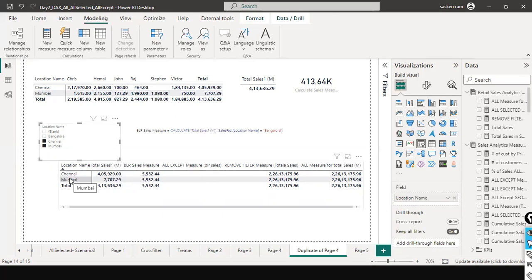See here what happened. In this case, it obeys the external filter. Only for Chennai and Mumbai, it gives me the total. And if you see here, both put together, what is the total sales it gives me? Only for these 2 locations, what is the total sales? If I clear this selection,